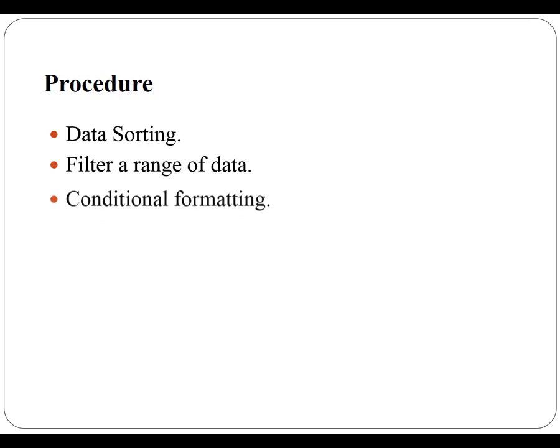Next, you can do the conditional formatting by following this procedure: select the cells to which you want to apply the conditional formatting. On the relevant tab or menu, click the option related to conditional formatting. Then select the type of criterion you want to use. Enter the value you want to reference in the text box. Then click the relevant options and select the desired formatting. Finally, click on the OK button.